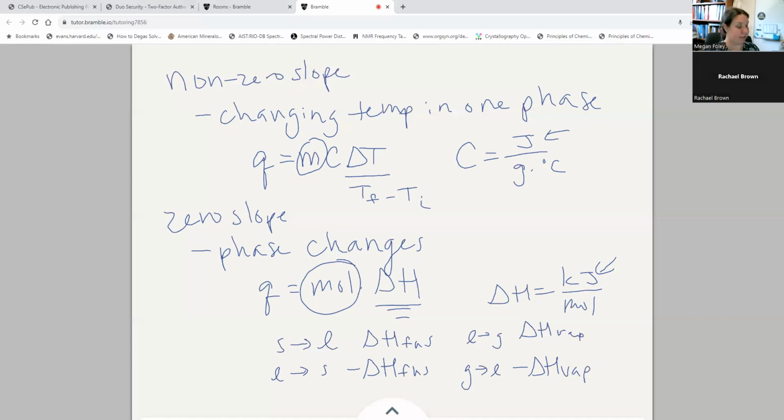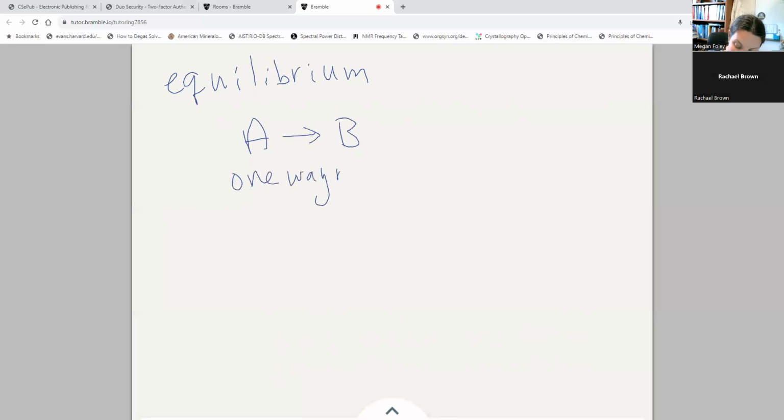We're going to very briefly talk about the idea of equilibrium, and we're just going to compare it to chemical equations we've looked at so far. So usually when we think about a chemical equation, we have A going to B. This is what we call a one-way reaction, and we're going to react until we run out of reactant. With an equilibrium,